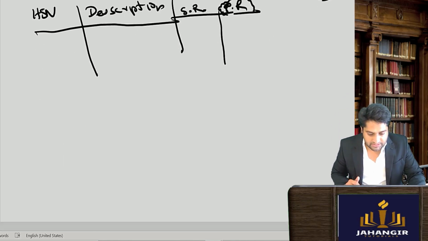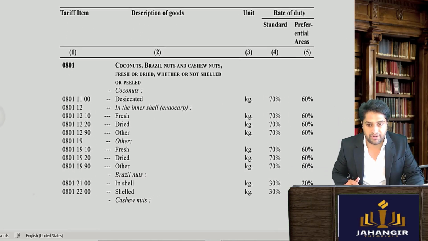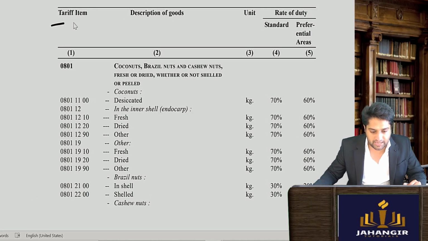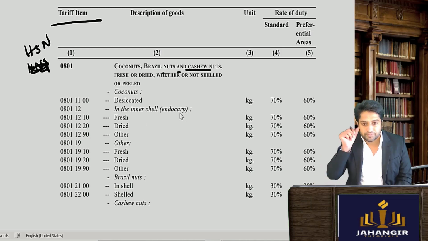Okay, so if we just look at how the CETA table looks, this is actually the Customs Tariff Act, of which I've taken a screenshot. Here they give you the tariff item and here this is the HSN code. This is the product code. They will give you what kind of goods we are talking about. We are talking of coconuts, Brazil nuts, cashew nuts. And these are the different subheads of it. Now